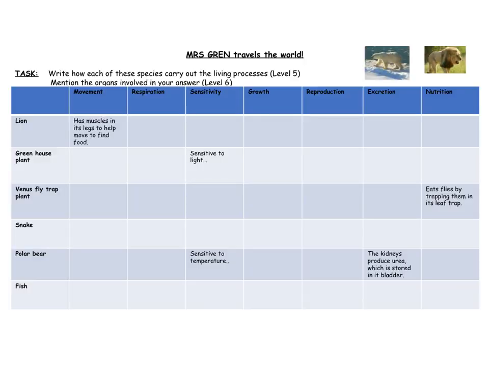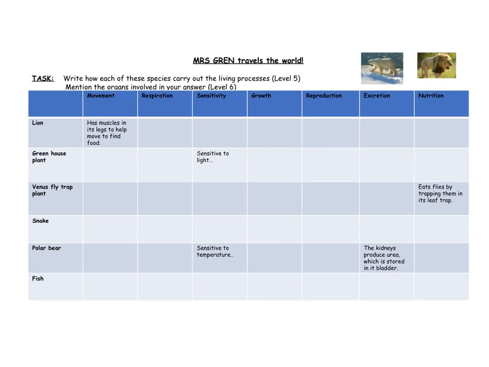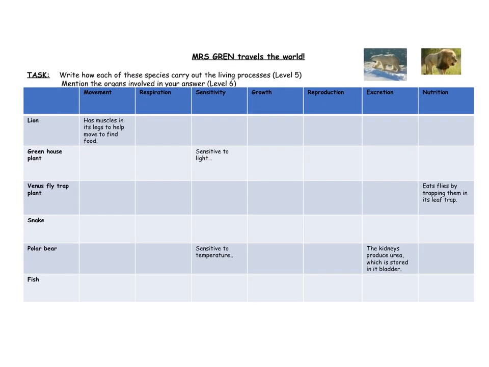On the next page then, you've got this, either you're copying it out or you've got it in your class notebook. You've got to give examples now of how each of these animals or plants, so plants are also living, carry out each of these things. This one I'll help you out, because realistically everything, when they respire, they just use food to make